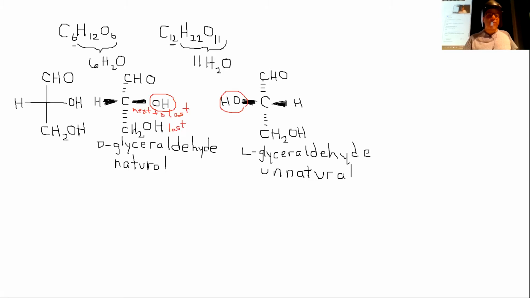So that's what we call a Fischer projection. Pretty sure it's spelled SCHER. I'll just go PROJ period for projection. And the only changes you make are you don't use wedges or dots. It's understood in a Fischer projection that the horizontal bonds are wedge bonds and the vertical bonds are dot bonds. So it's a way of